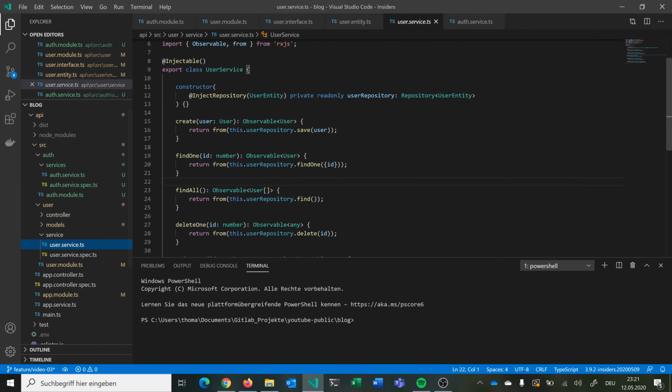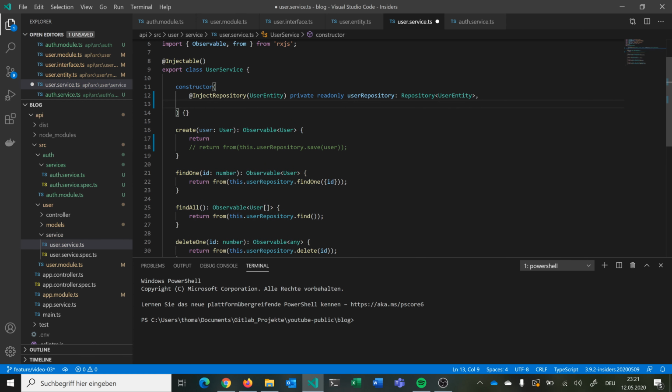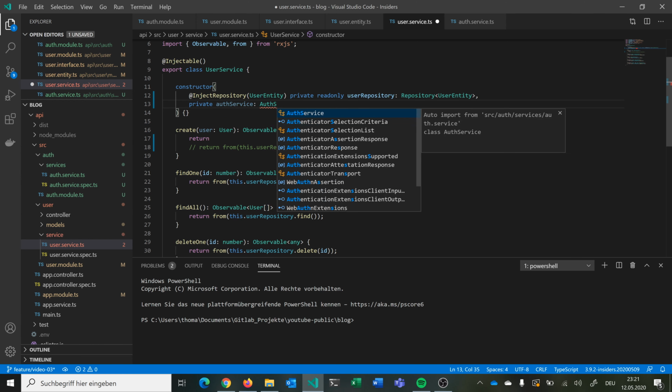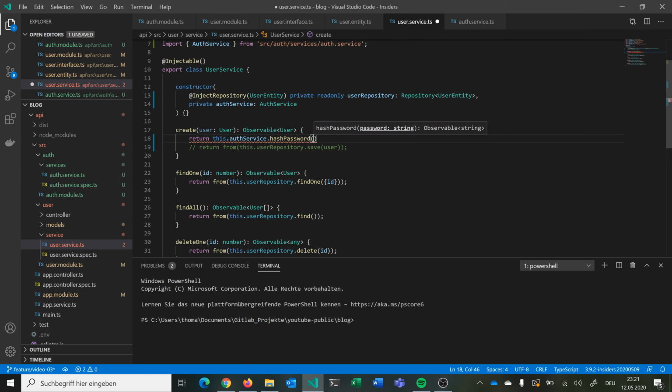and we have to modify our create method, because right now we are just storing the user in the database, but what we want to do is hash the password also. So what we can do now is return, we need our Auth service, so we have to inject it. We can say private authService, and then we can use it here. We have our hashPassword method, and we can insert here our user password,